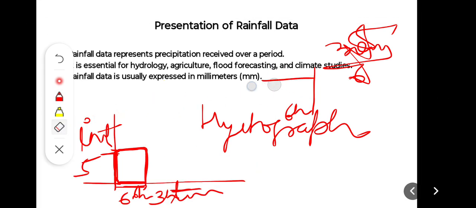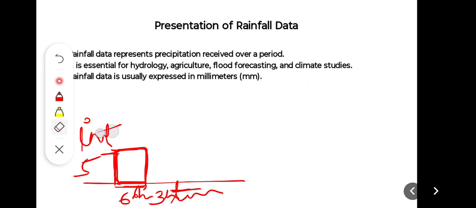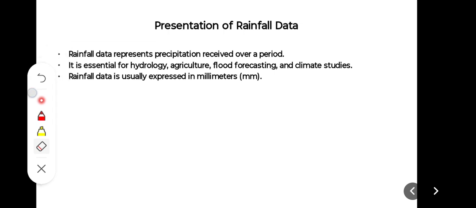So we also represent this rainfall in the terms of hydrograph as well. So these are the methods by which you can denote this rainfall. Okay, here you can see